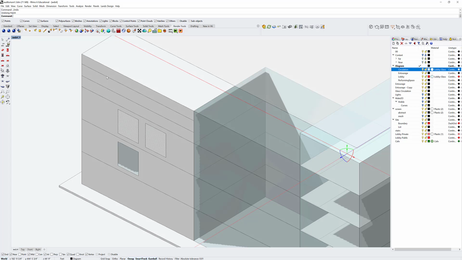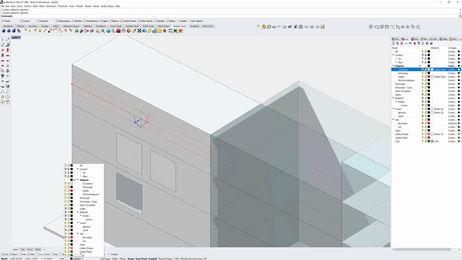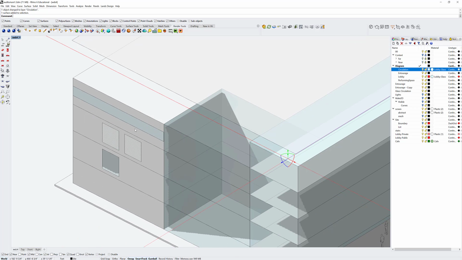An alternative to that is actually drawing on the surface and just bringing it out a little bit, like an inch, or actually like a half an inch, and using a planar surface command. And now this is its own surface, which is a little bit off of the wall, and then I can